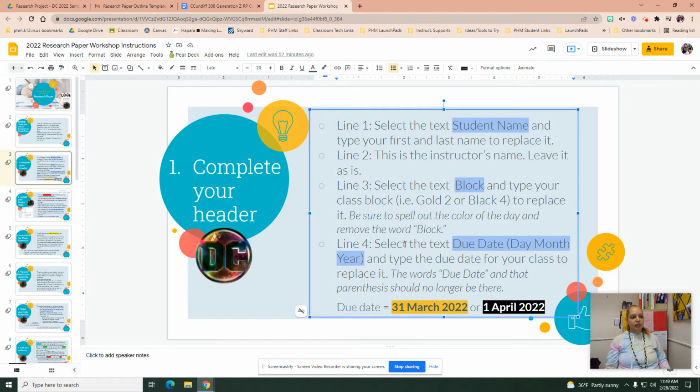And then finally, that brings us to line 4. You're going to be selecting the text due date and what's in the parentheses after, day, month, year. That is just to remind you how the date is supposed to look. It's very much like the works cited entry we made where the day is coming before the month. All right, you are going to